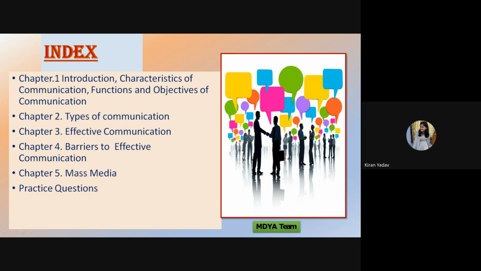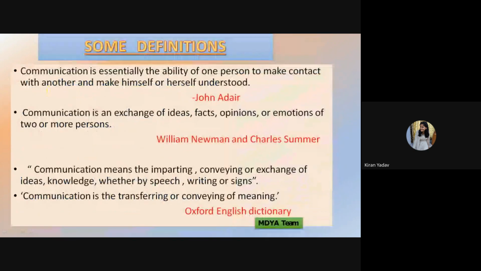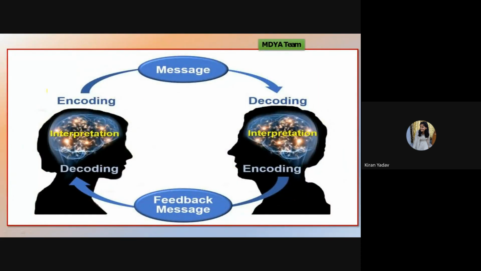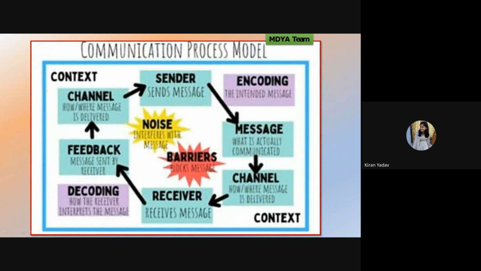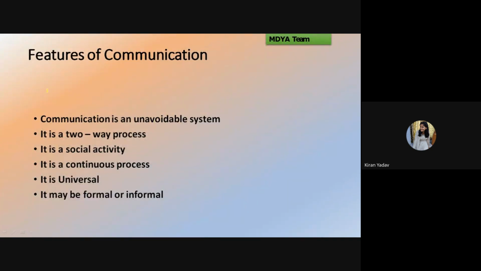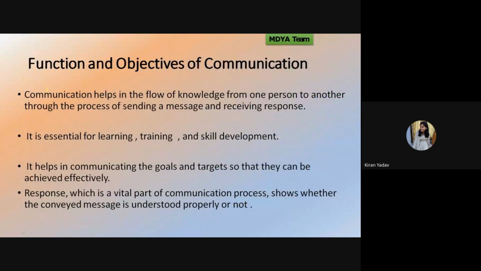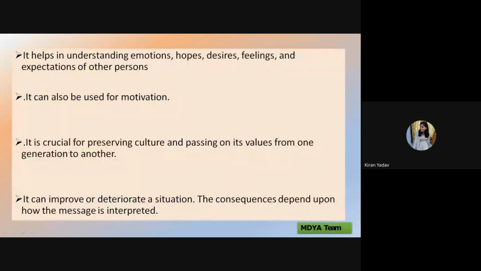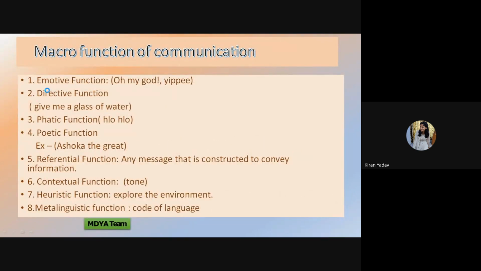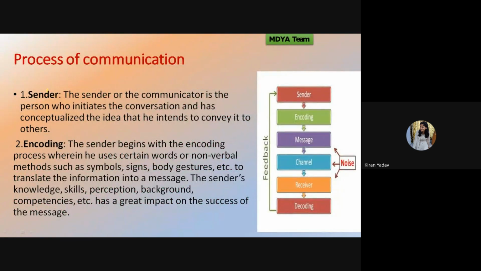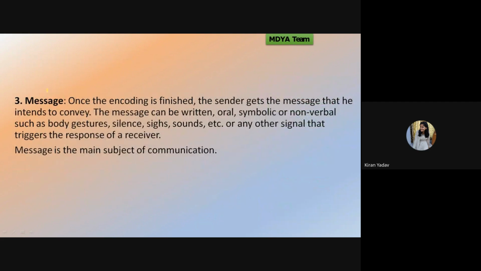So we have done introduction, definitions of communication, process of communication. We have seen features of communication, characteristics, functions and objectives, macro functions, other functions like denotation, connotation, simile, metaphor, process of communication,